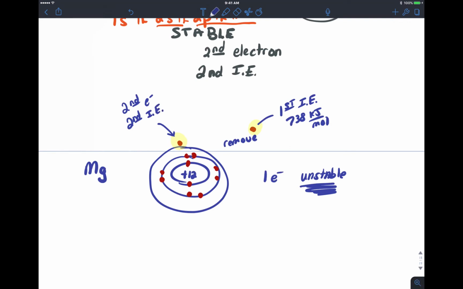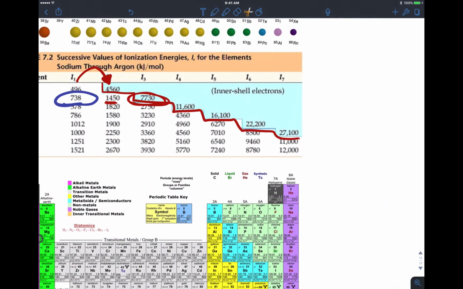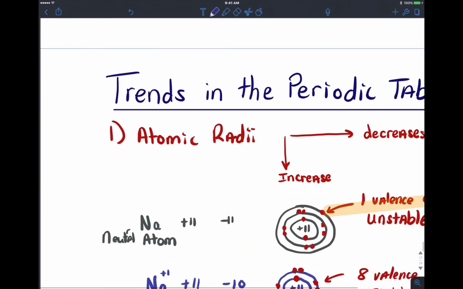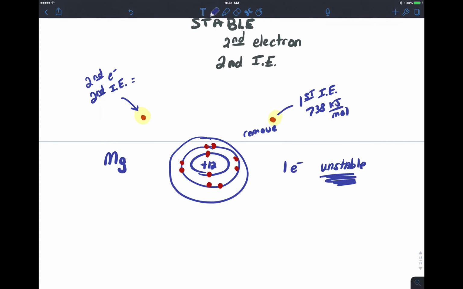So how much energy is going to be needed to take this electron right here and pull it away from magnesium? Well, we go to our list. Our list says that in order to remove that second electron, we need to apply 1,450 kilojoules per mole to remove it. All right, so again, we